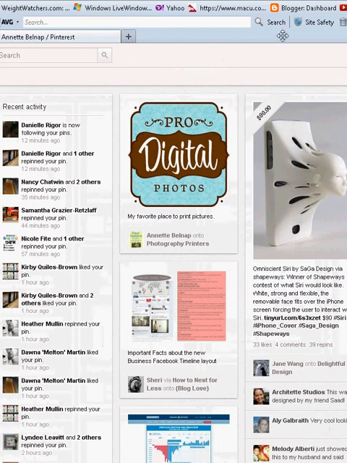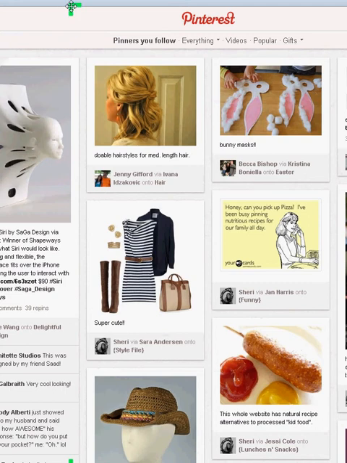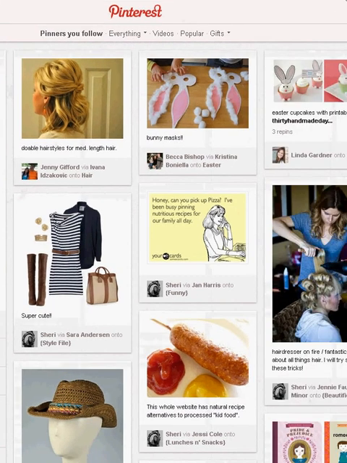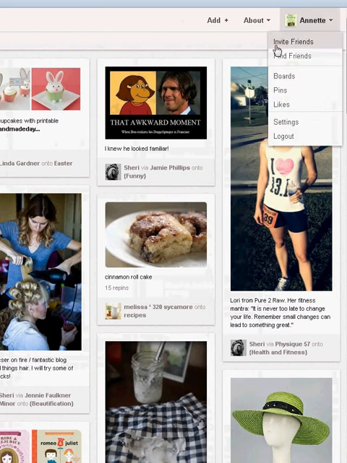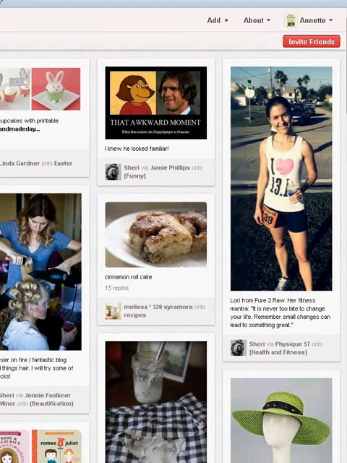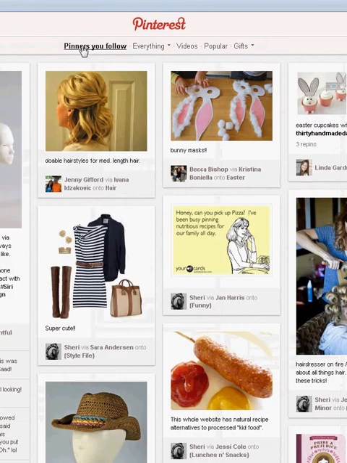Okay, now you can follow people on Pinterest. You can find your friends and you can follow them. So right over here, you can click on your name and you can choose to invite your friends. You can find your friends. You can look at your boards and your pins and your likes. You can change your settings and you can log out. So let's say, this thing that I'm looking at right now, you can see right here it says pinners you follow. So everything that I see in this screen right here are only pins from people that I follow,